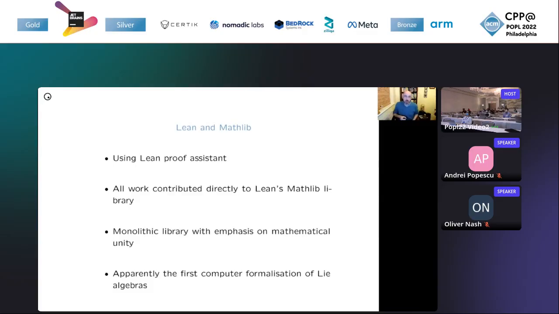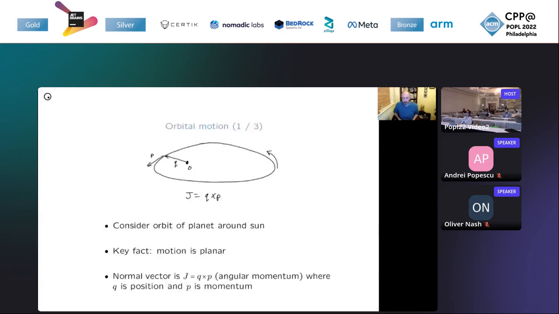So what I really wanted to do was to build a usable theory of Lie algebras within Mathlib, not just formalize them for their own sake. And I didn't know at the time, but this seems to be the first time that somebody's formalized Lie algebras on a computer. Now, just before we jump into the axioms, in case you've never seen Lie algebras before, I